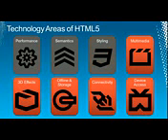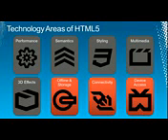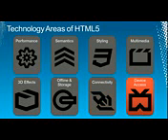Multimedia, so this is new audio and video as first-class citizens in our markup. 3D effects using technologies like Canvas and SVG. Offline and storage, so that we can now finally create web applications that don't have to have an internet connection in order to function, and also use local storage and richer database access inside of the browser. Connectivity, so things like web sockets and server-sent events so that we can communicate with our servers in real time. And then finally, device access for things like geolocation and also webcam and microphone access inside the browser.